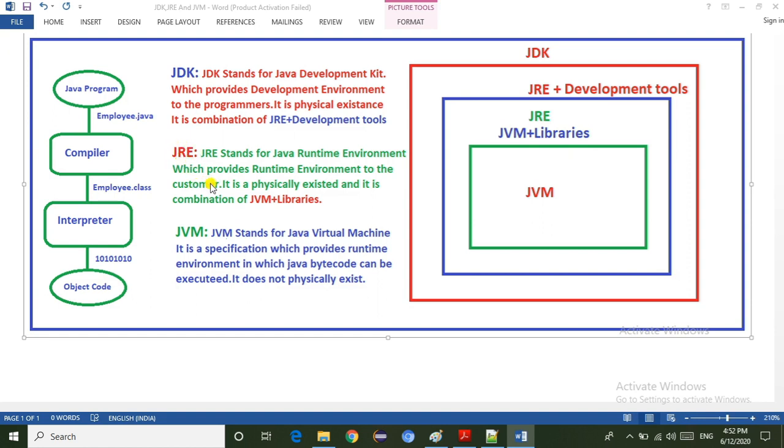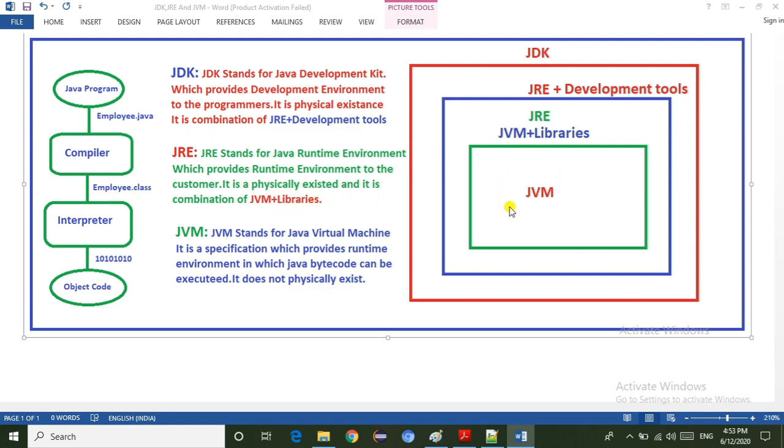The customer can only execute the program which is provided by the Java developer. The customer cannot edit the program or develop the Java application. The customer only executes the already developed Java application. It is physically existing and it is the combination of JVM plus libraries.